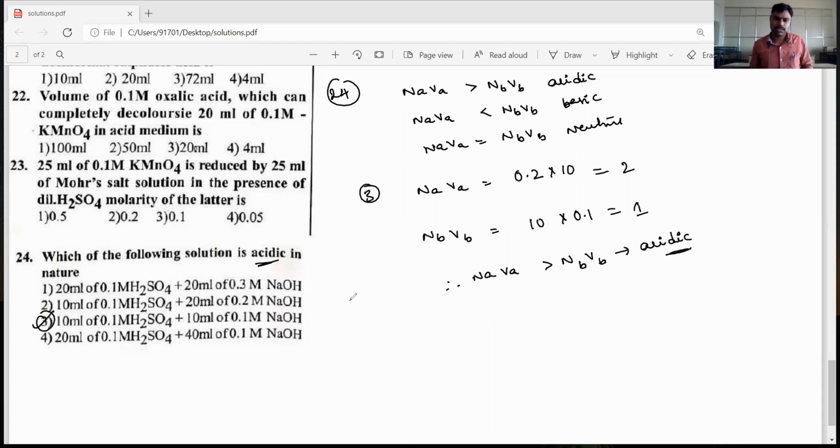Let's see the first option, dear students. What is the nature of the first option? Let's see how to count that. NaVa is 20 into 0.2, which is 2 (sic), and NbVb is 20 into 0.3, which is 6. So NbVb